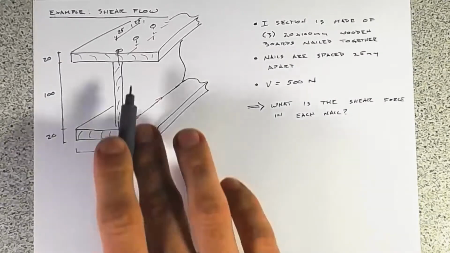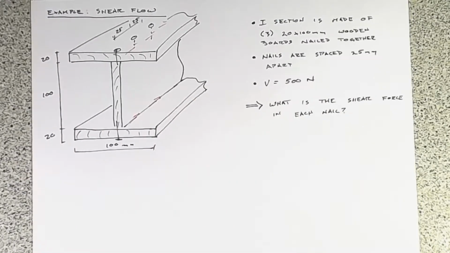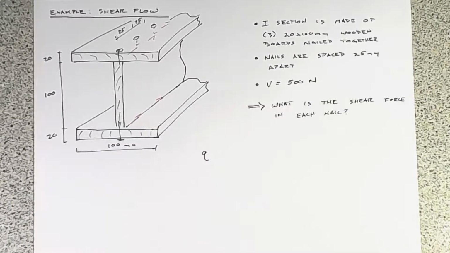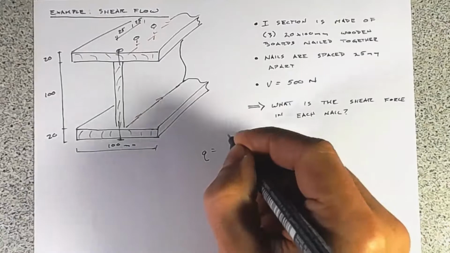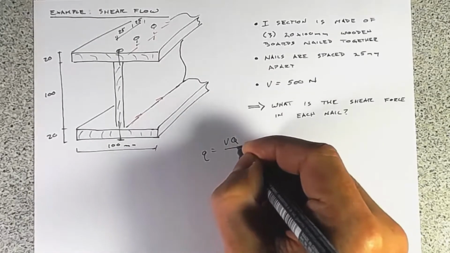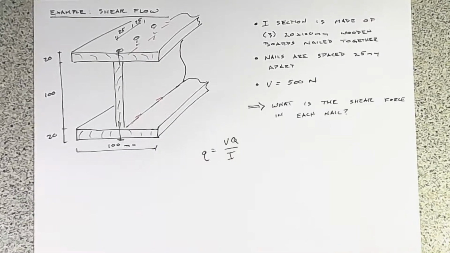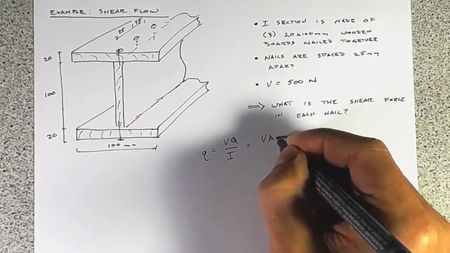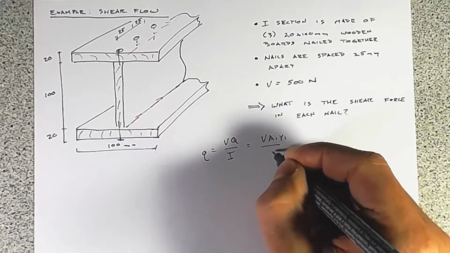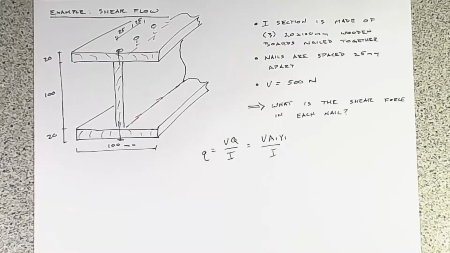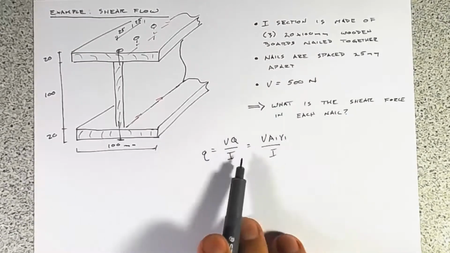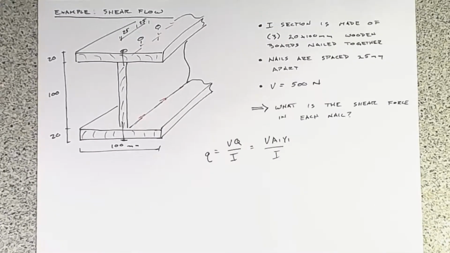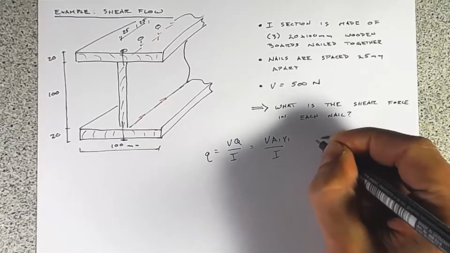So for a shear flow question, it's always good when we set these up to look at the governing equation. Shear flow is little q equals VQ over I, and that's equivalent to V times A1 Y1 over I. That's the one that we're going to be working with to find out what each of these forces are. The other things we need to find,